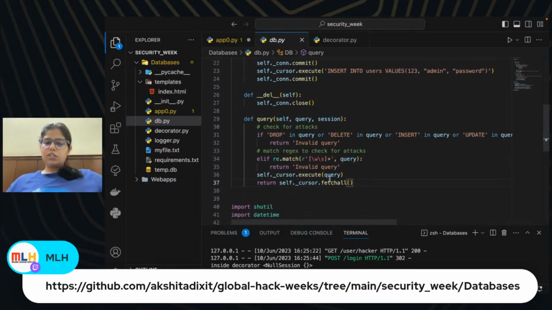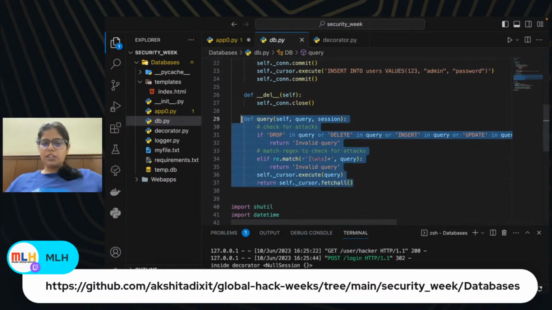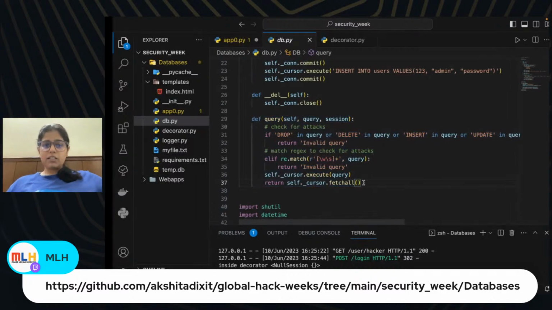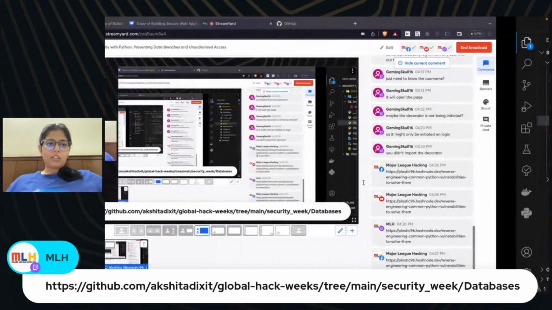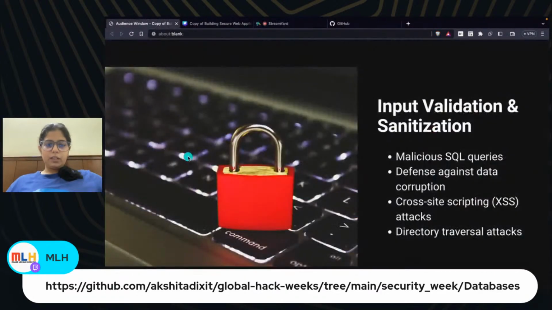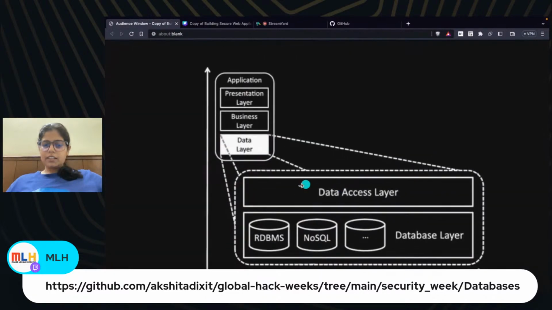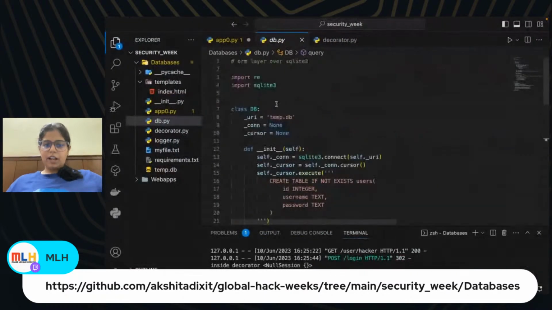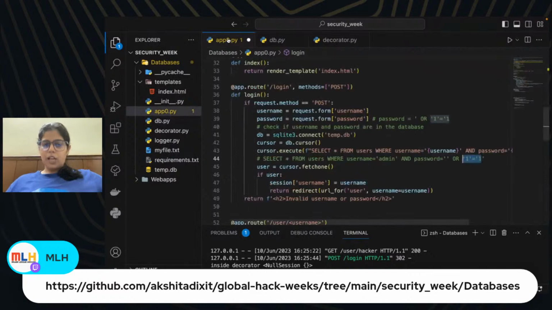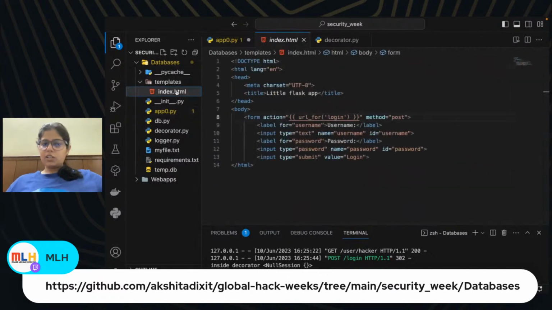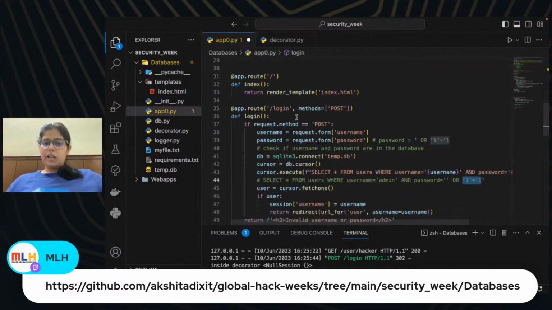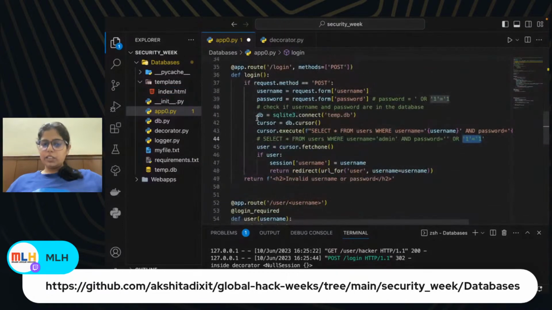And then we do cursor.execute and fetchall, and we return this. This is how we create a wrapper over our database, which is what I meant when I was talking about the data access layer. It is basically this wrapper that we have created. Now index.html is our front end, right? This is interacting with the backend via Flask. Our backend, instead of directly doing this, what we can do is